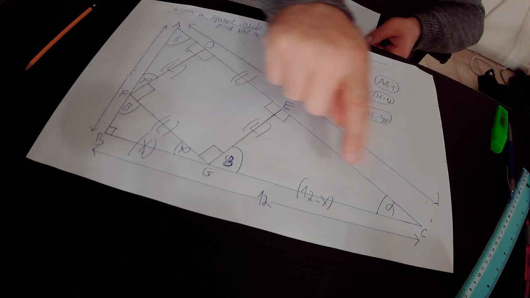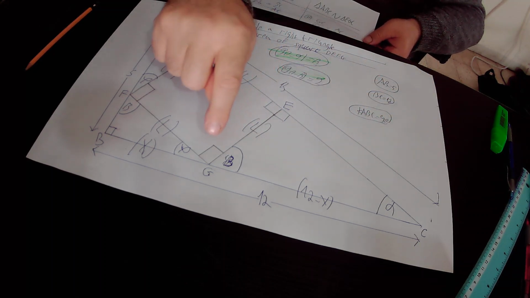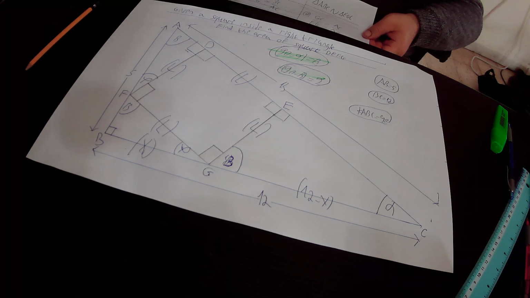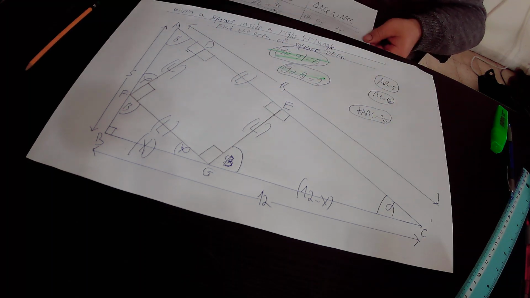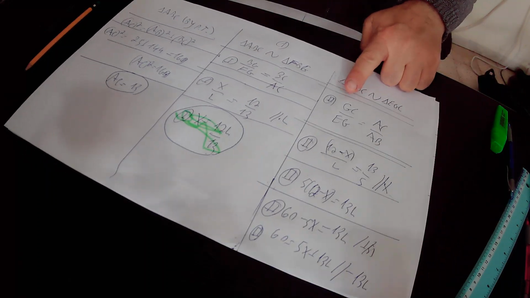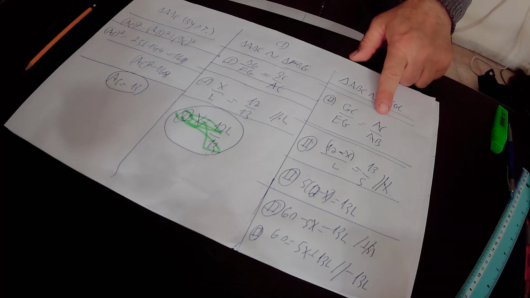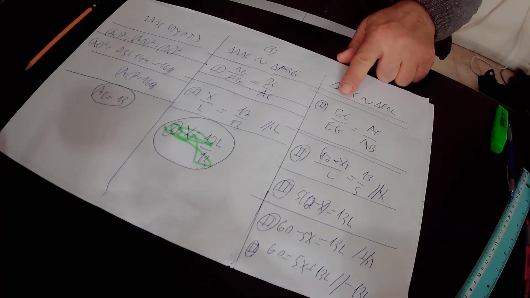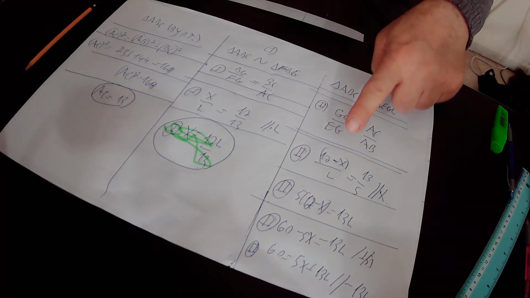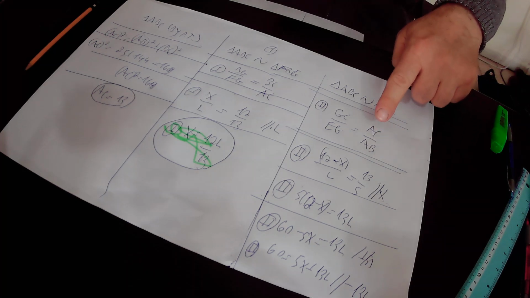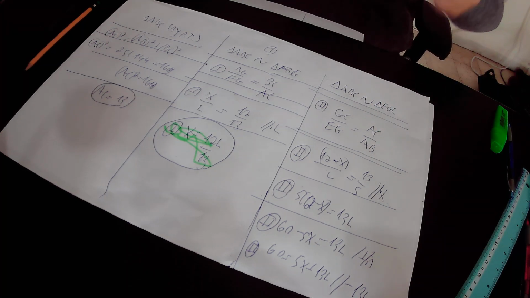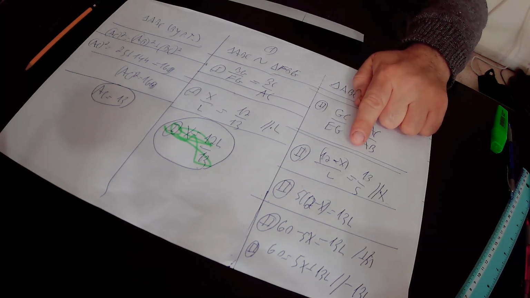GC over EG in the right triangle EGC equals AC over AB in the right triangle ABC. Repeat again, GC over EG equals AC over AB. GC is 12 minus x, EG is L, AC is 13, and AB is 5. So in conclusion, according to equation 2, 12 minus x over L equals